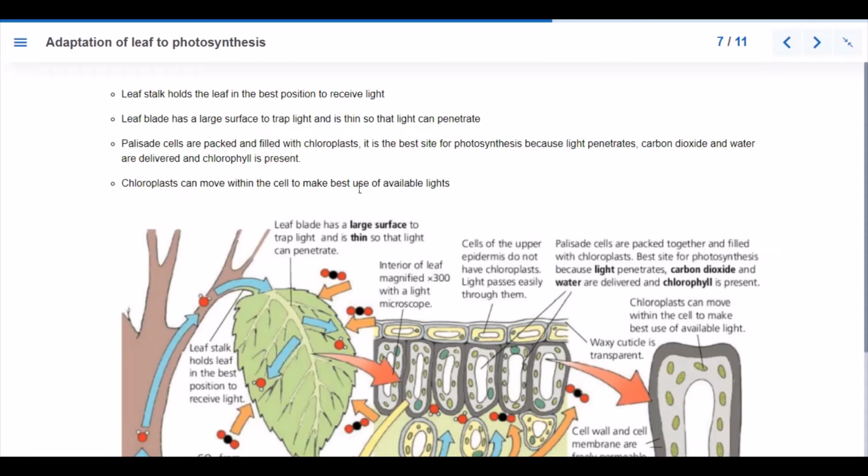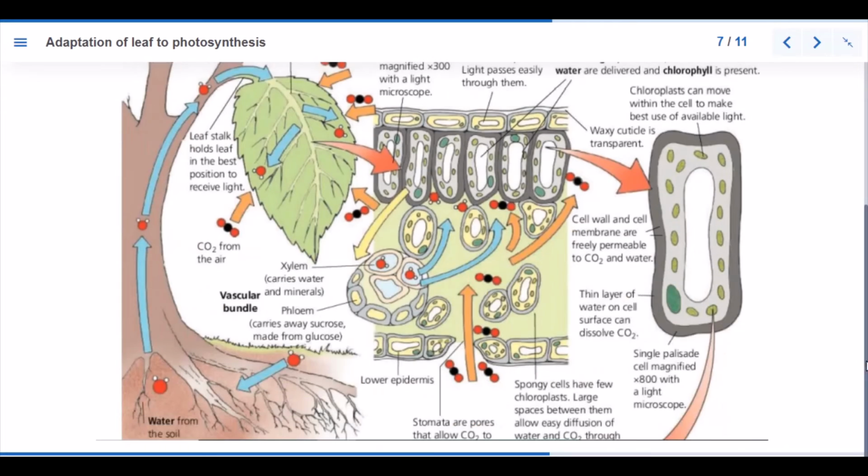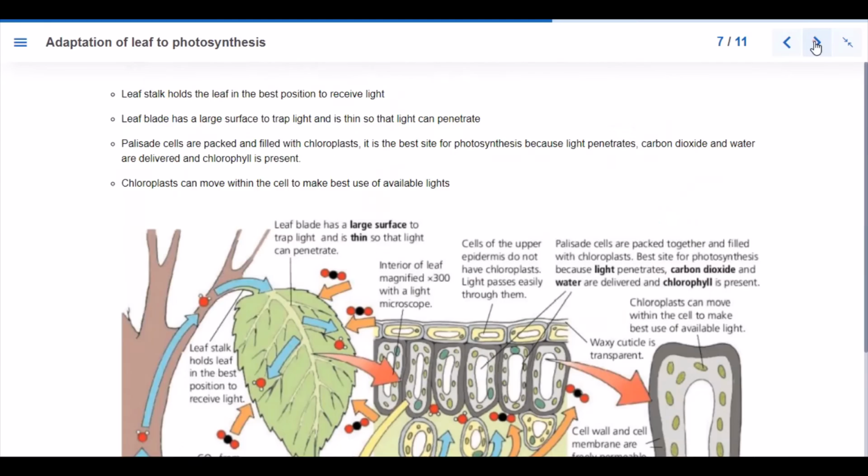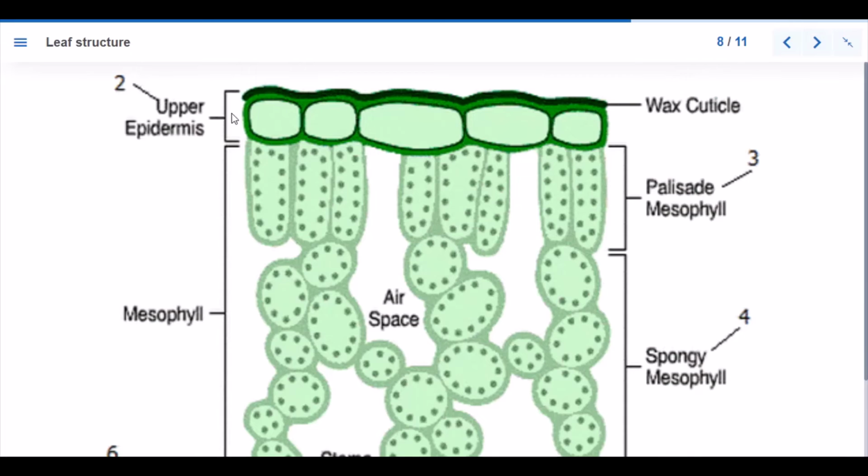Chloroplasts can move within the cell to make the best use of available light. We have a diagrammatic and annotated representation right here. The leaf structure image shows us the upper epidermis, and here we have the waxy cuticle on the surface of the leaf. We have the mesophyll, which is divided into the palisade mesophyll and the spongy mesophyll. The palisade mesophyll is closer to the upper epidermis, while the spongy mesophyll, with air spaces in between, is closer